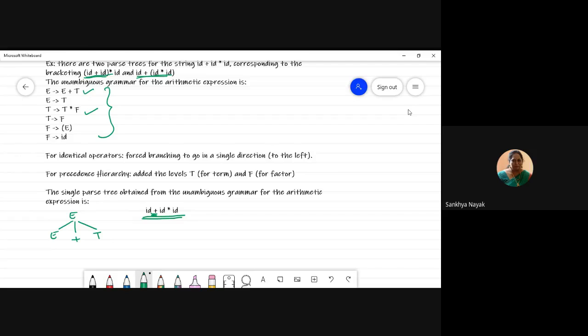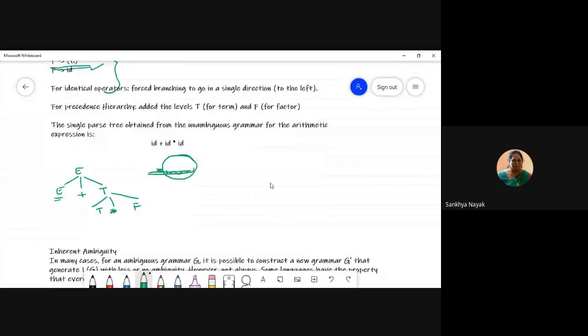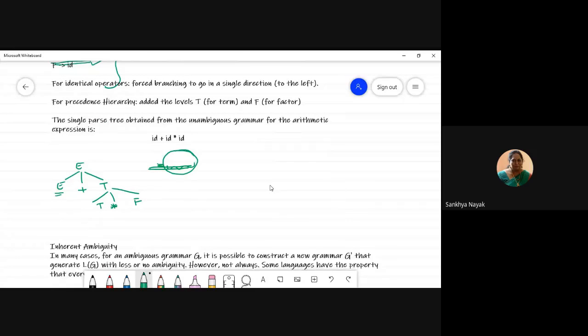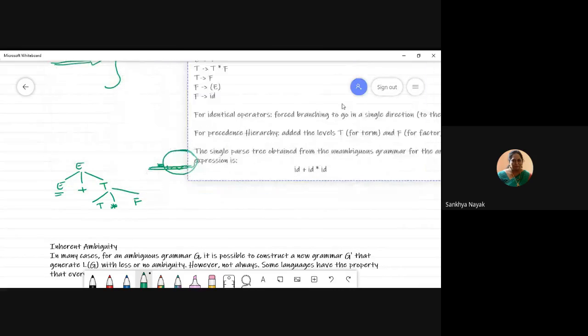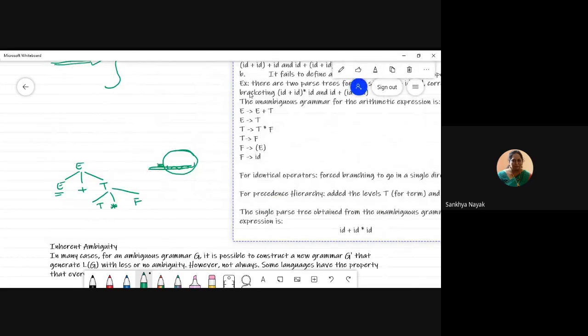Now next, I need this into. If I need this into, the only way for me is to expand T. I cannot do anything with this E. Correct? So I will have to do it as T star F. Alright. T star F. Now next, all of these three have to be converted into IDs. Right? So if you see the grammar here, to convert this into ID, this E